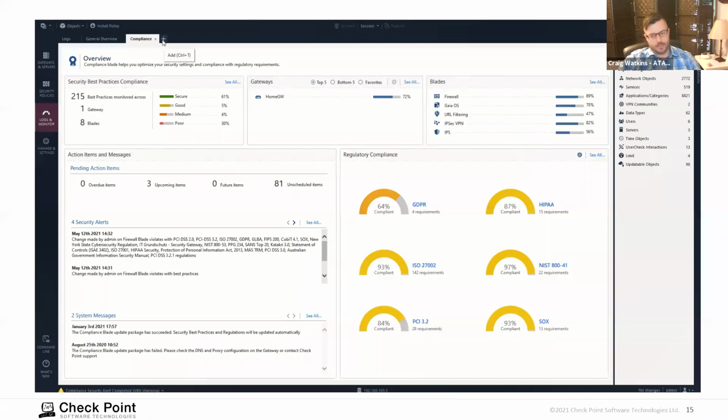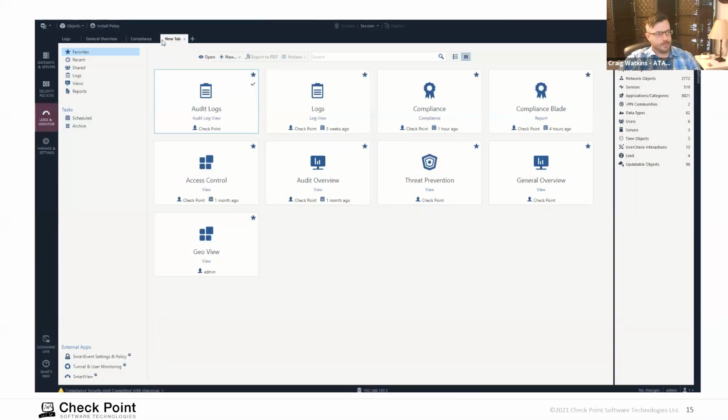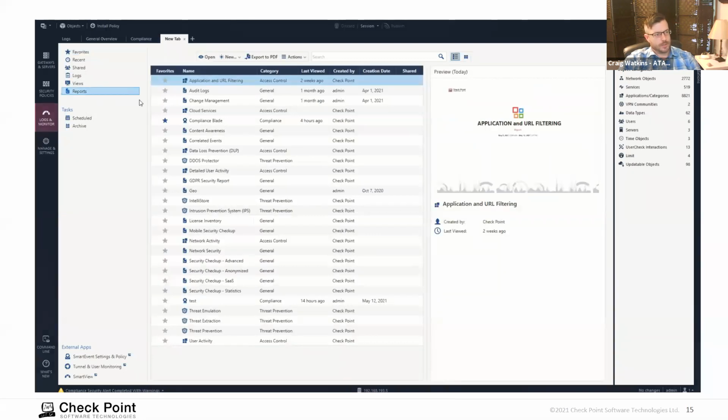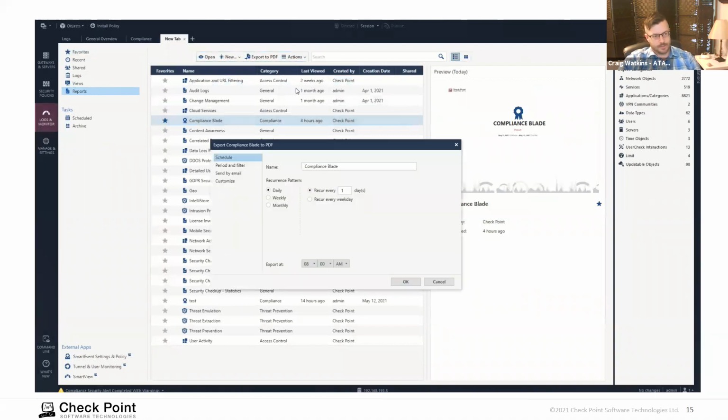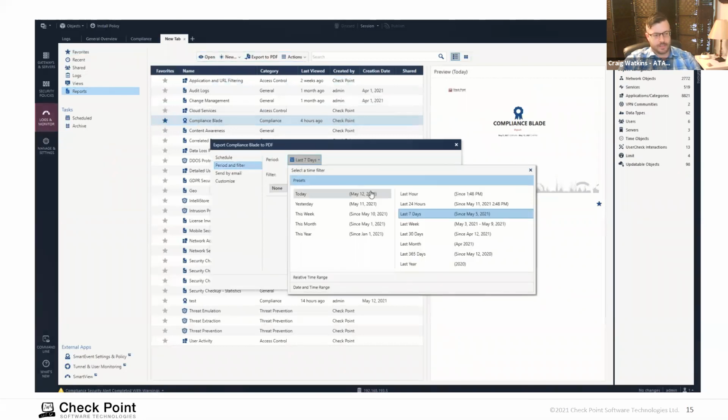So now we get into the SmartEvent reporting. If I open up a new tab and go to reports, this is where you can generate a compliance blade report. The nice thing about this is that you can schedule it. In this example, if I want to schedule it every day, if we've got that many changes going on and I want a daily report, just set it up here